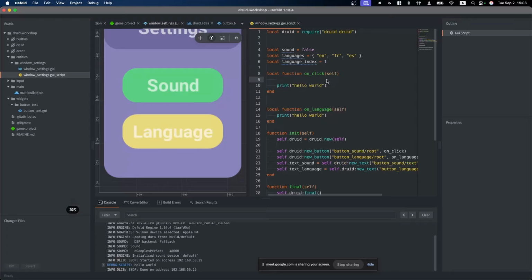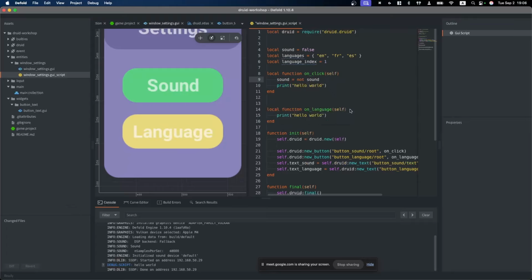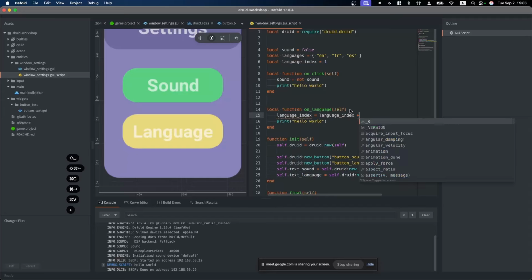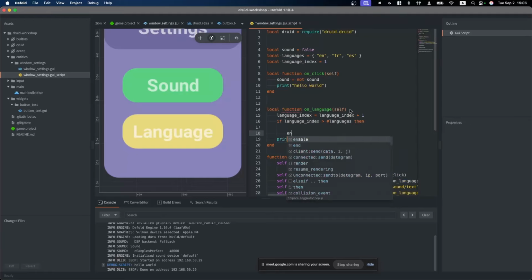So for a click on sound, we want to just toggle local sound. For languages, we want to increase our language index by 1, and if it's more than our languages list, return to the first.